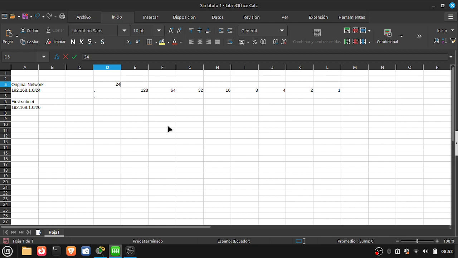Here we have 24 bits for the network, and we said that we had 2 more. So here we have 25 and now 26, and this 64 is our block size. And what is the meaning of that? Well, this number tells you what the next subnet is. That's it, really easy. So our second subnet is